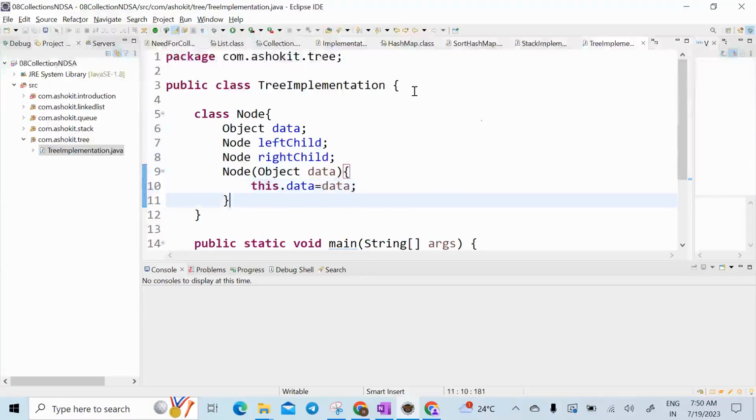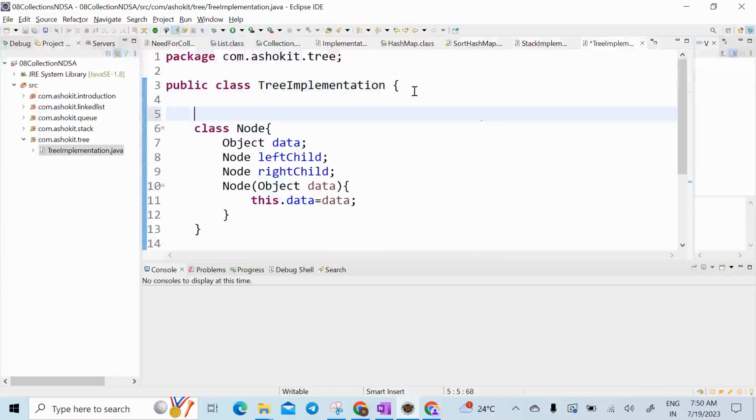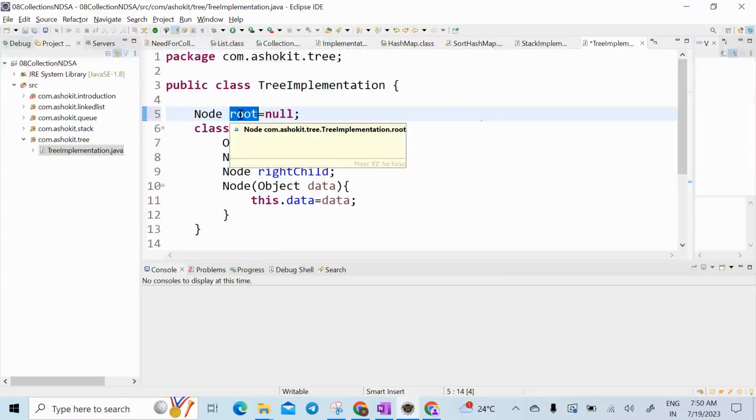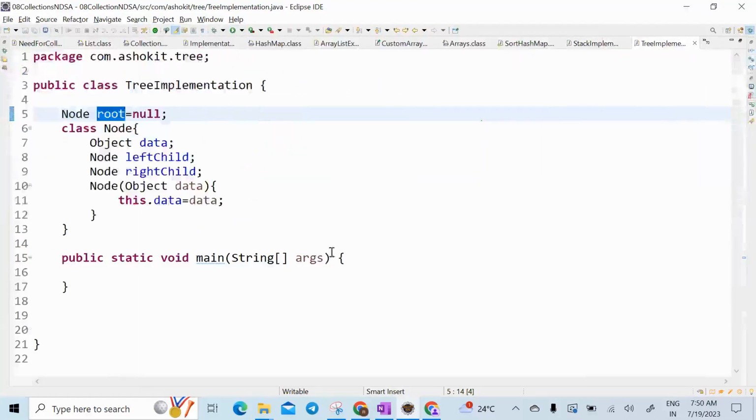Okay. Now, in the linked list, the first node is called head. Here the parent node is called root. That is the terminology, guys. Can I modify this variable name? Yes, we can keep whatever we want. But generally just follow the same thing because that name is used industry wide. Okay, now